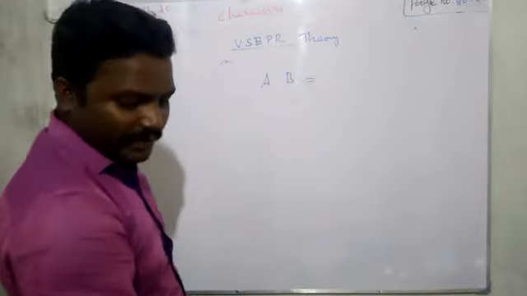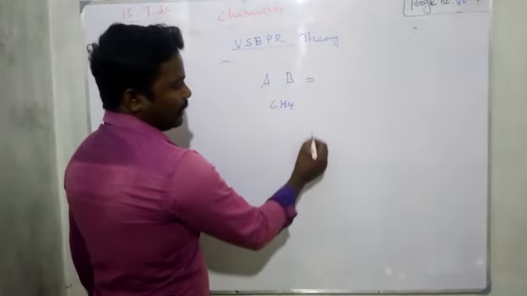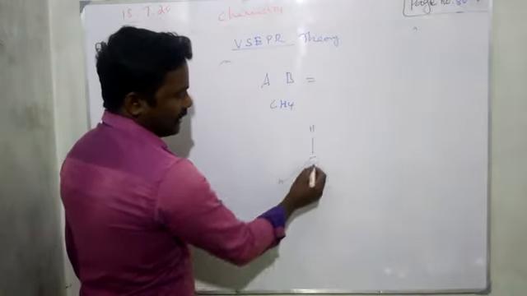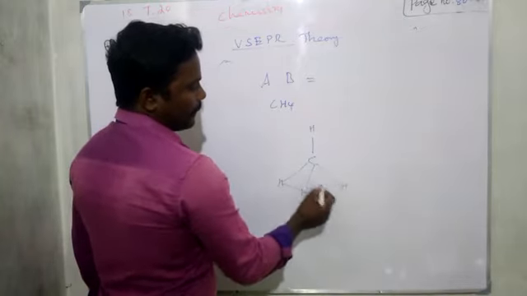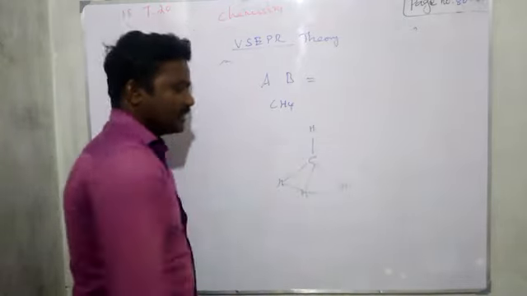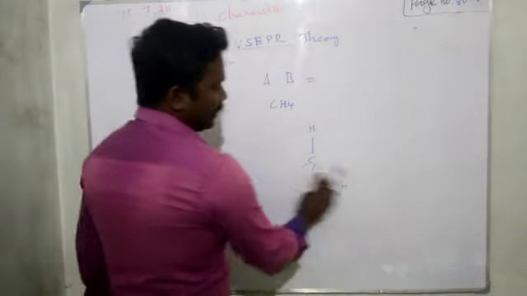Tetrahedral shape means we can have a familiar example, CH4: one carbon, one hydrogen, second, third, fourth. So it will form a structure like this. This is called a tetrahedral structure. Okay. Then